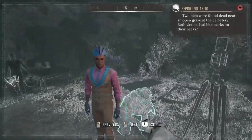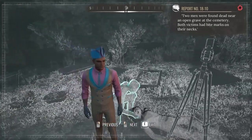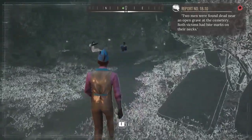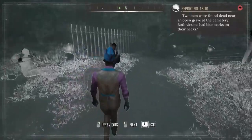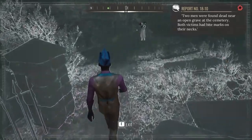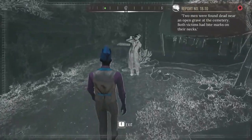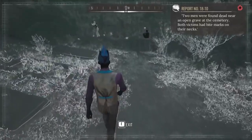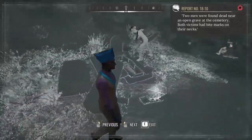Where are all of our options? Really not sure about this one. Okay, well, at least they showed us the vagrant right away. Just the dude drinking the bottle. That's not a question at all. So what do we have here? We have two...